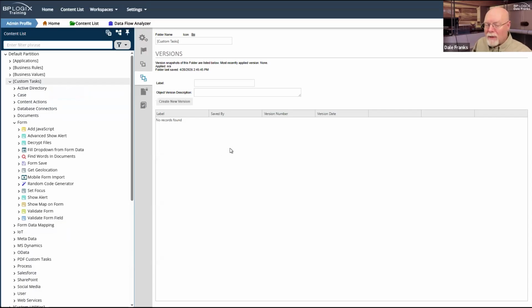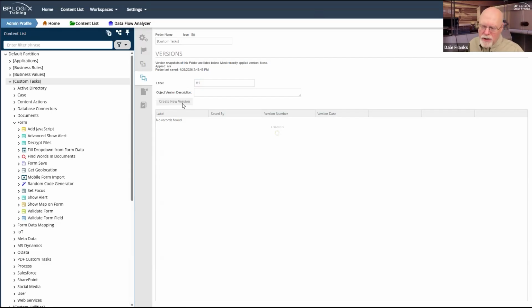Because once you have that version, when you import the new custom tasks, if anything goes higgledy-piggledy and you find some sort of bug, all you have to do then is go back to this folder, this custom task folder. In fact, I should probably just create a version so we can see what happens when you create a version real quick.